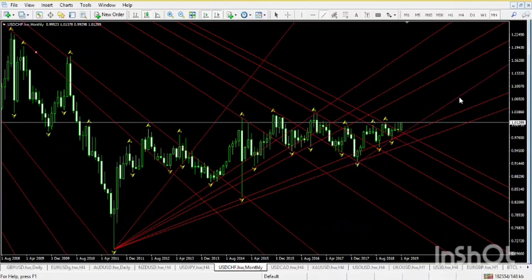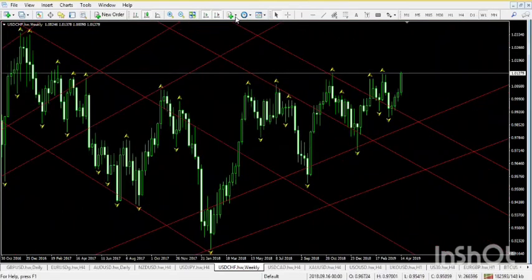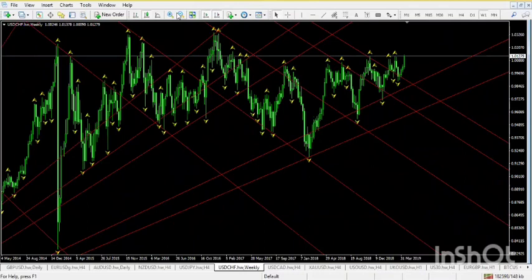So don't draw the trend line like this. If you draw it like this and draw the parallel like that, your trend lines are going to be broken like that, and it's called the optimistic trend. So if it goes up and retraces again, that is an error. So in the shorter time frames,